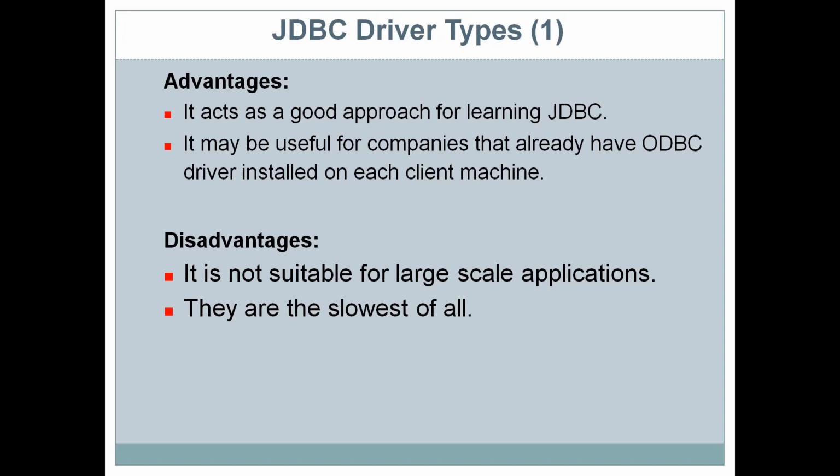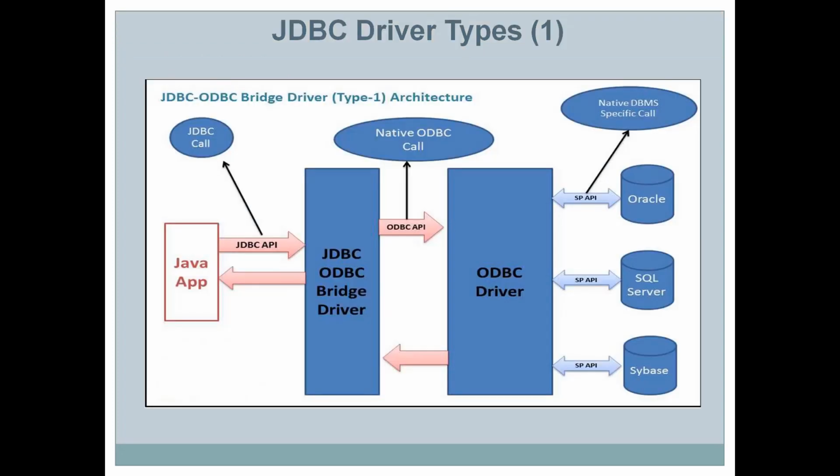This is the slowest because you can see the JDBC call needs to be converted into ODBC. Then ODBC converts those calls into a database call, because the database is also a separate entity. And then the call is communicated to the database, and in the reverse direction the same process happens. You can see it in this diagram which explains more about this JDBC ODBC. Now you can see this is our Java program, and this program communicates.